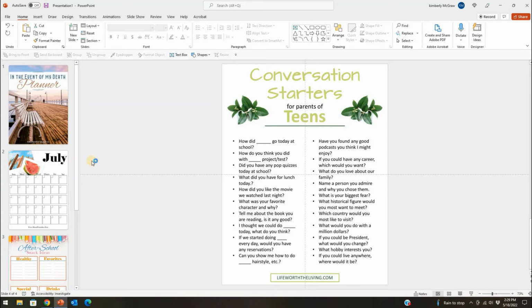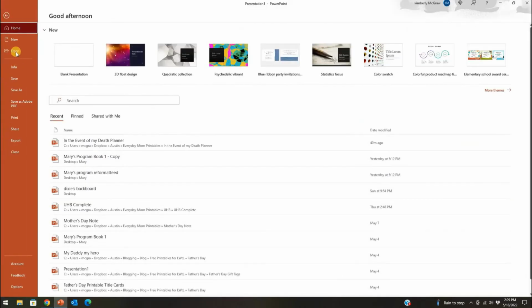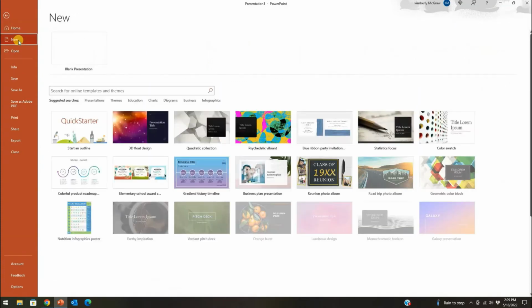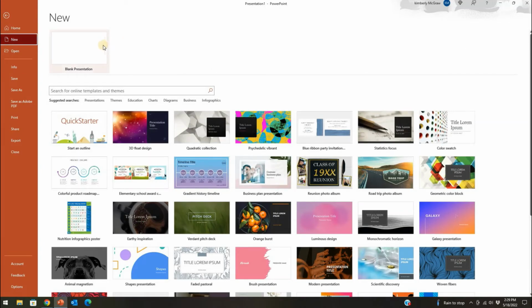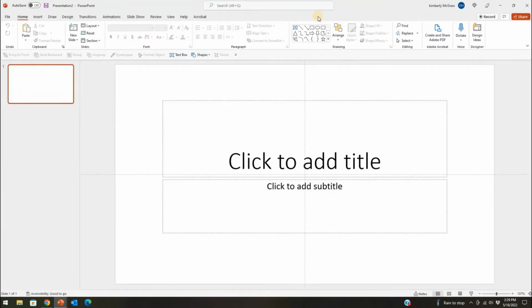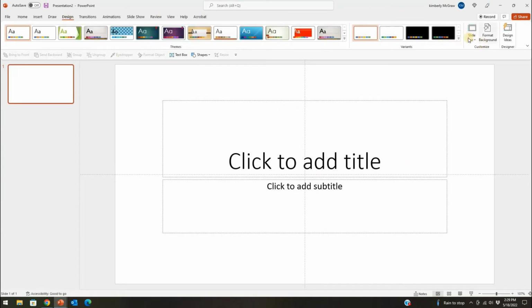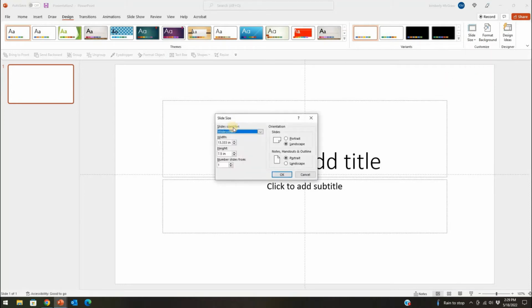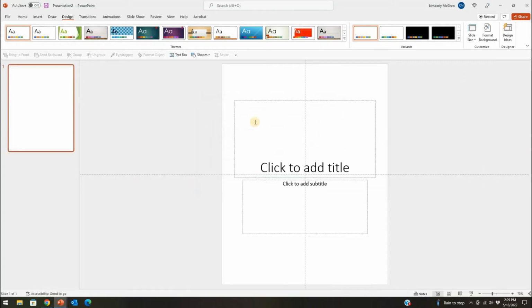So I'm going to show you real quick how I have used these printables. I'm just going to open up a new one. We're going to start fresh like we normally would. So if you have your PowerPoint open, you're going to click on blank presentation, and then you are going to want to resize your image. So we're going to go to design, slide size, and then I'm going to do portrait mode. That would put us at an 8.5 width and 11 height, and then ensure fit,